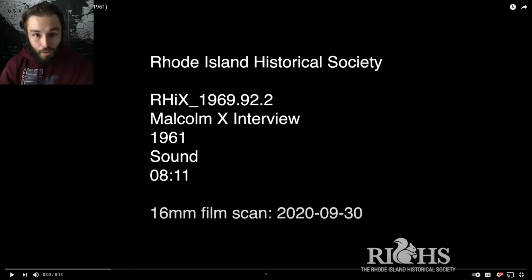He's incredibly charismatic. He's pulling in a lot of younger black men into the Nation of Islam, and you'll find that he's a very political figure in a group that doesn't really want to be political. Like the Nation of Islam, they want to be a religious group. Malcolm X, he can't help but be a very political figure, and we're going to learn a little bit about his ideology today. And hopefully in his own words, and I won't have to editorialize too much, but we'll see.